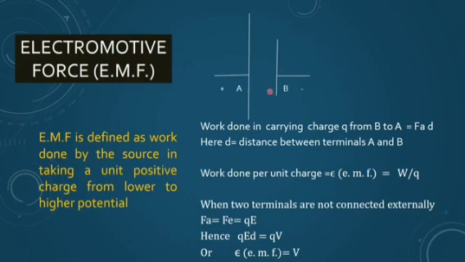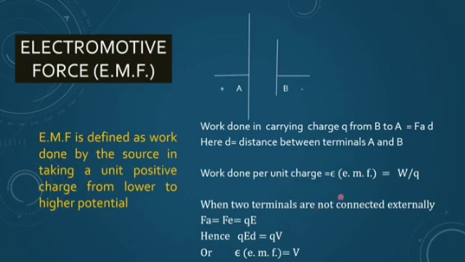So one force is acting from B to A, another force is acting from A to B, and under the steady state, both the force magnitudes are equal. So the magnitude of Fne is equal to Fe, and Fe we have already done. This is equal to the charge into the electric field. So if I replace this value for force in F into d, the work done, I find it is given by QEd. But you all know E into the distance is equal to the potential difference V. So I get V here.